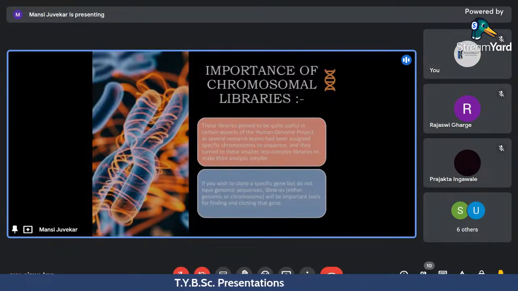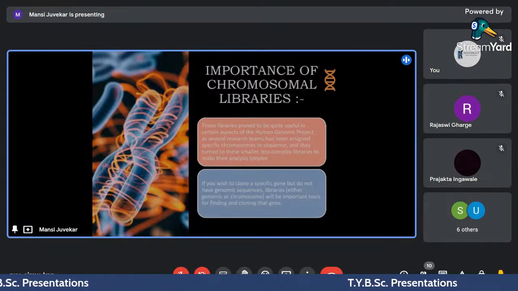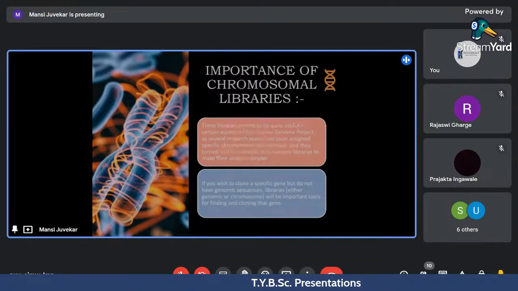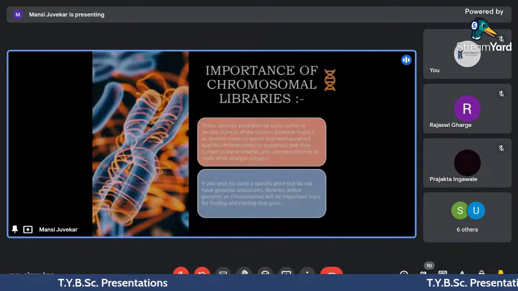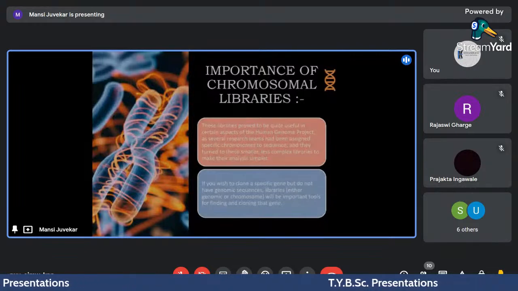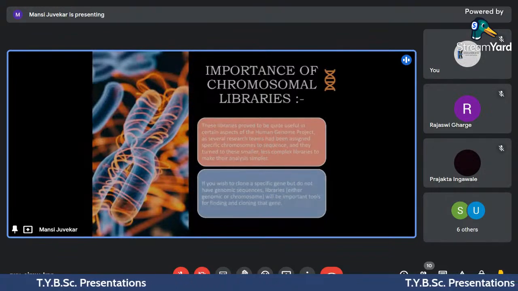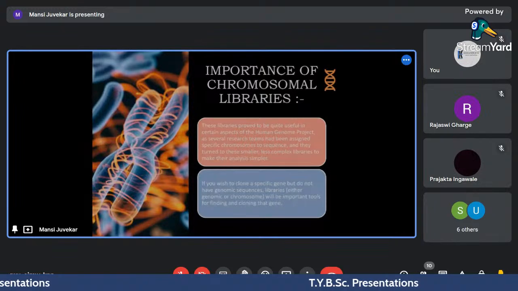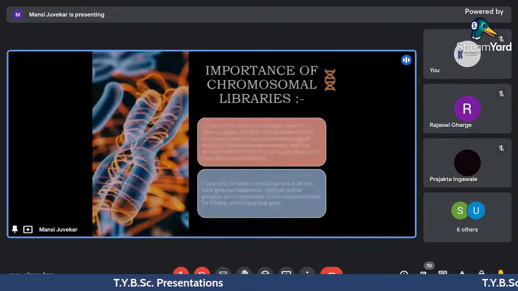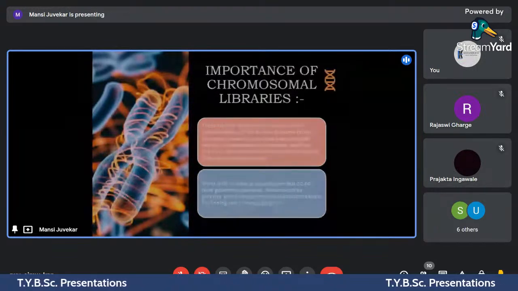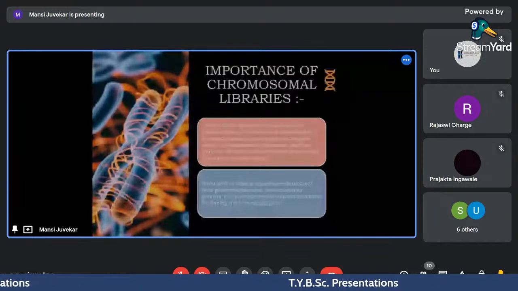तो ये जो क्रोमोसोमल लाइब्रेरीज हैं वो ह्यूमन जीनोम प्रोजेक्ट में बहुत यूजफुल थीं। ह्यूमन जीनोम प्रोजेक्ट बेसिकली सबसे बड़ा प्रोजेक्ट था और उसमें साइंटिस्ट ने ह्यूमन जीनोम को सब-सीक्वेंस करके स्टडी करने का प्लान किया था। तो ये जो लाइब्रेरीज हैं वो ऐसे प्रोजेक्ट्स में बहुत हेल्पफुल रहती हैं।